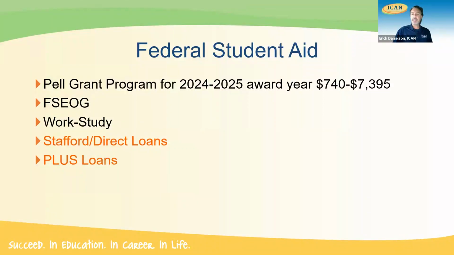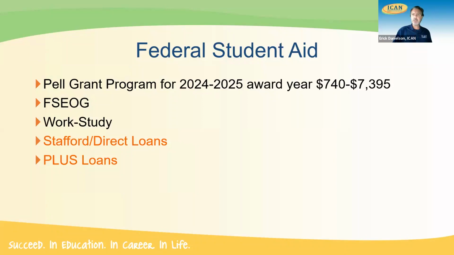The SEOG grant is a supplemental grant that's dished out by colleges to their neediest students as they see fit. So sometimes we will see some students have SEOG grant money on one financial aid offer and then on another they won't. Typically, students will need at least to be Pell Grant eligible. But again, this money is dished out by the colleges as they see fit, just like work study money is as well. Work study money is dished out by the schools for students that have financial need as they see fit. And occasionally, if a student is looking at more than one college right now and comparing financial aid offers, they might see work study on one and not on another as well.